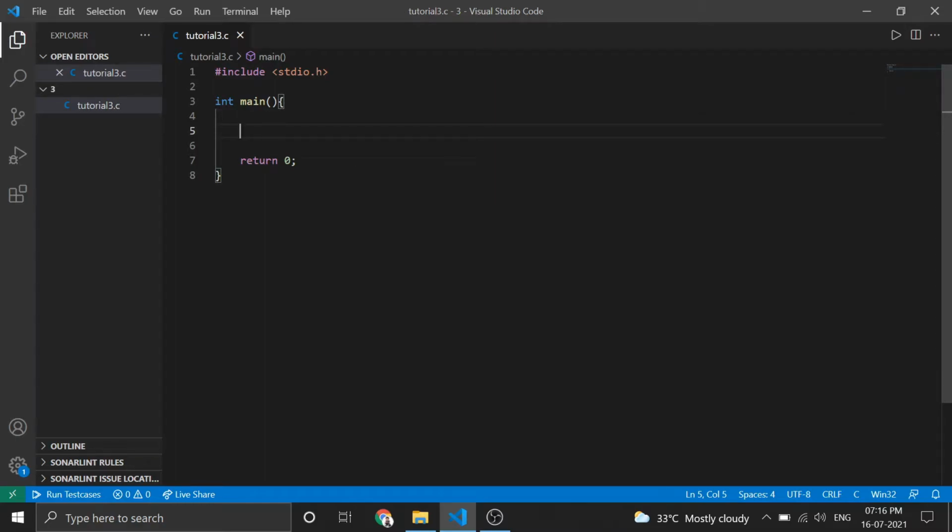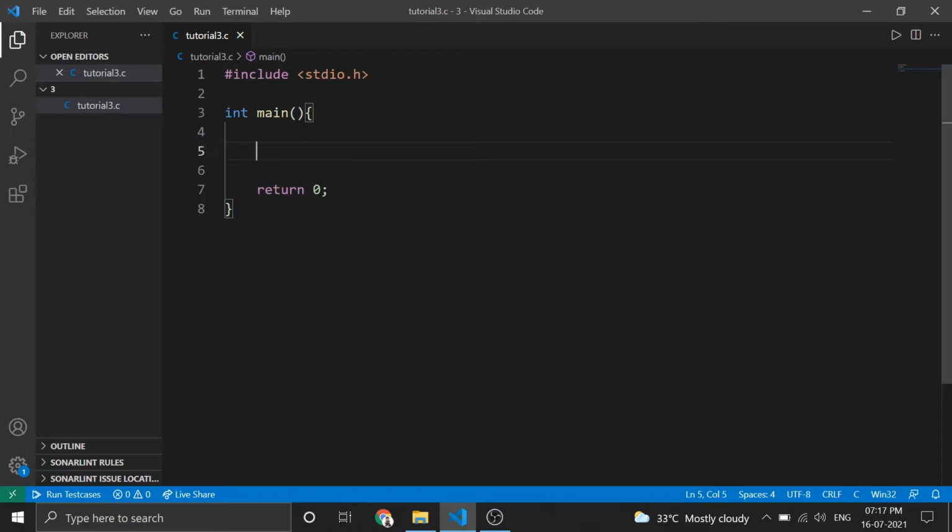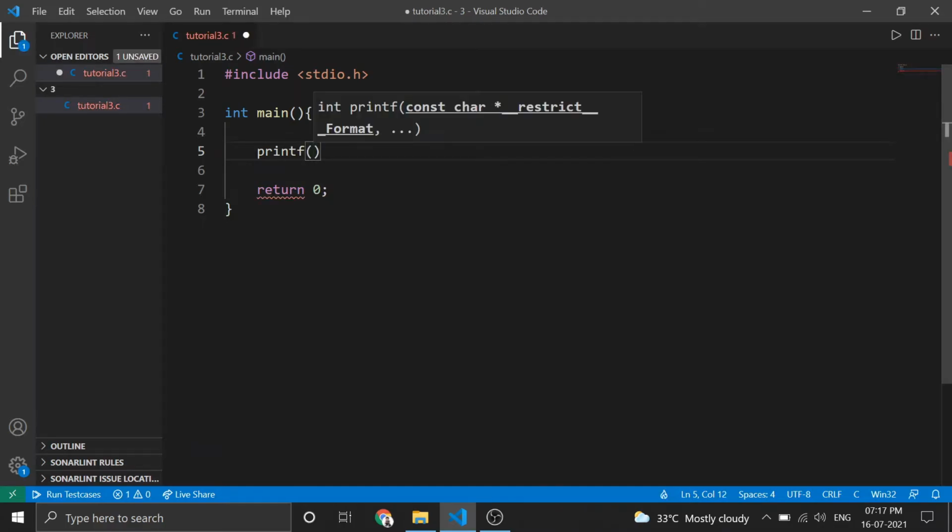So now let's talk about header files. You know what a header file is, right? You can use functionalities or values from there. For example, the printf function we can use from a header file only.